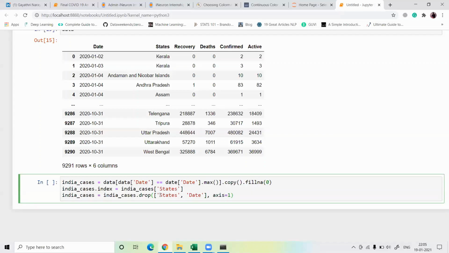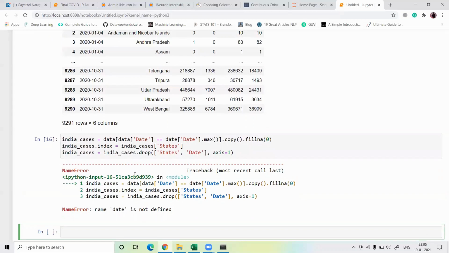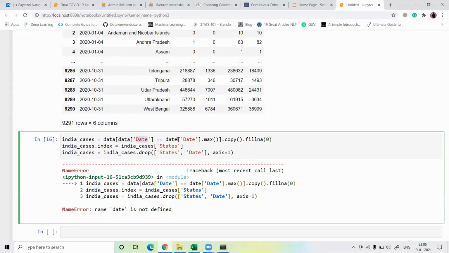Why axis equal to 1? Because we take the values as columns. Now date is not defined. Where is the date? Data is equal to data dot date. Okay, here is the data.